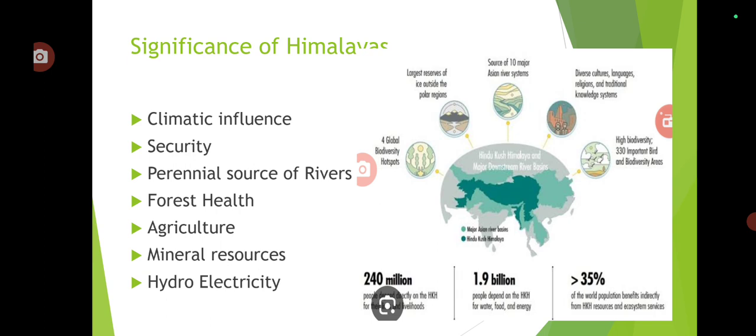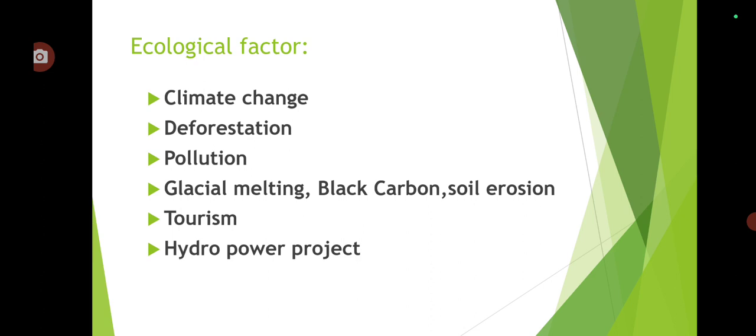Due to these extremely powerful resources, they have been exploited and the rate of exploitation is increasing day by day. The main factors affecting are climate change, deforestation, pollution, and unregulated tourism. Since these Himalayas are young, weak, and flexible, and the Himalayan uplift is an ongoing process, this makes them one of the highest earthquake prone regions in the world. So, ensuring the sustainability of the Himalayas is not just crucial for the subcontinent but also for the ecological health